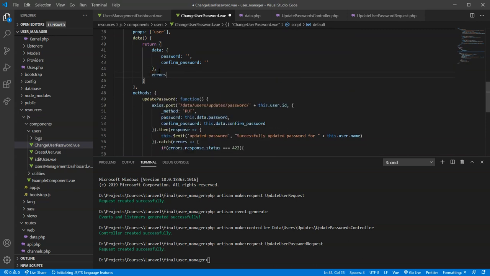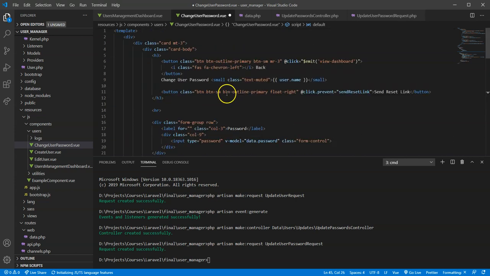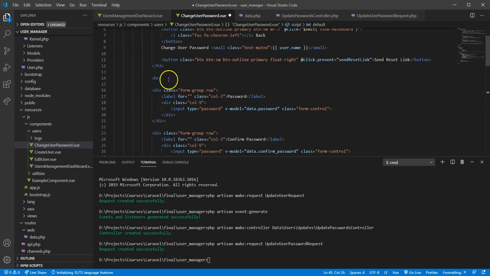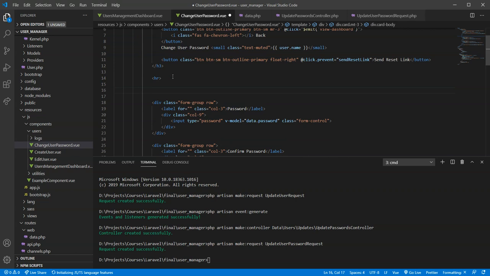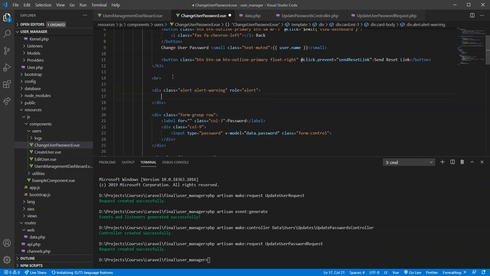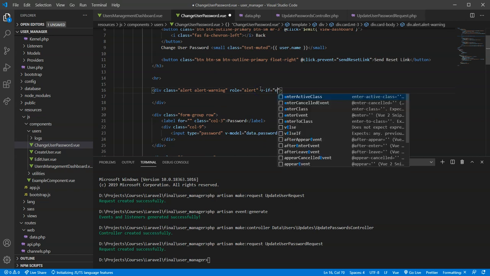Again, we're going to make that an empty array just like before. And up here, just below our horizontal rule, we'll put an alert warning, and we're going to make that a role of alert. Great. Okay, and so if directive,